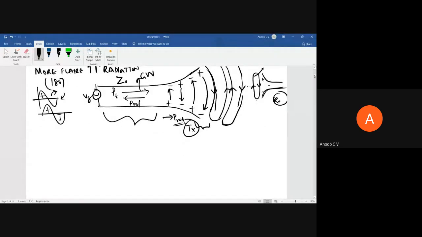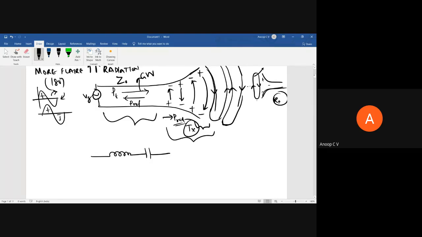So some energy is stored and the remaining part is reflected back. So this transmission line part, the guided wave part, acts as a resonator. That resonator I can represent using an L and C, right? And this transition region radiates the power out. It radiates as an electromagnetic wave.